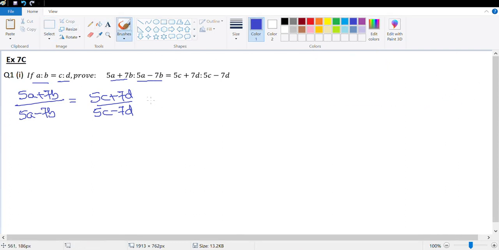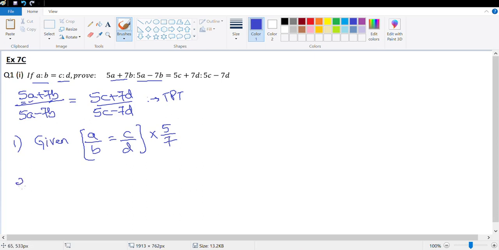So this is what we need to prove. So 1 given A upon B is equal to C upon D. I notice that I need 5A and I need 7B. So let me multiply both sides by 5 upon 7. If I multiply both sides by 5 upon 7, I will get 5A and I will get 7B. Maybe after that I can apply componendo and dividendo. So this will become 5A upon 7B will equal to 5C upon 7D. Perfect. Using componendo and dividendo, we get